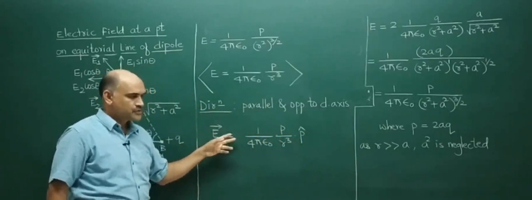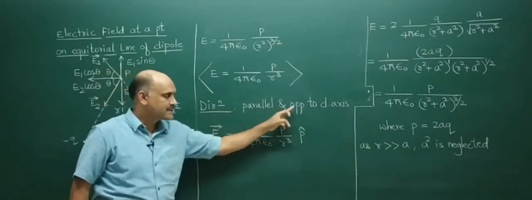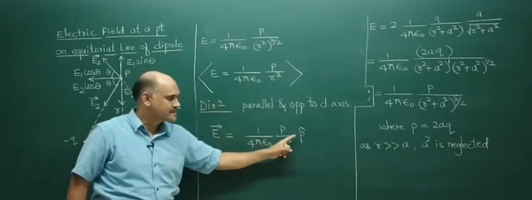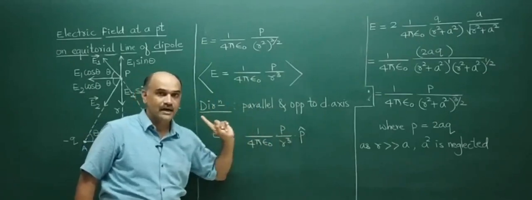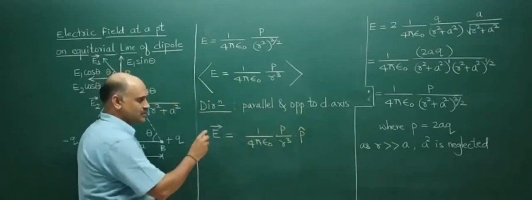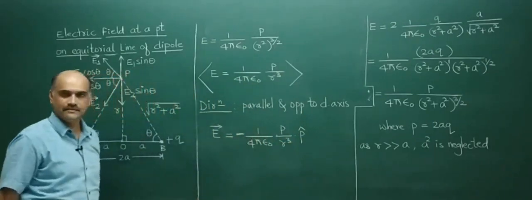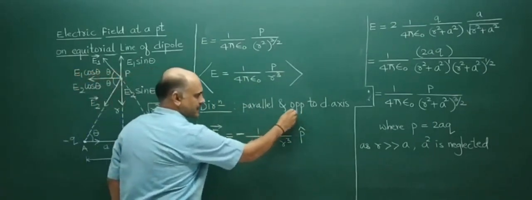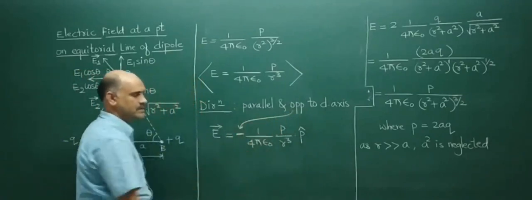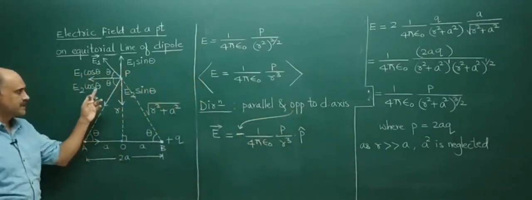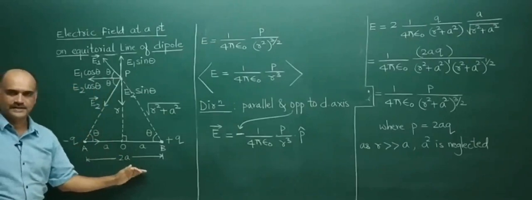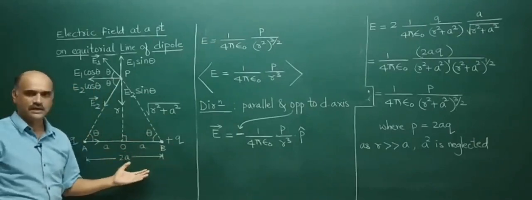Now here you should take care, students. The direction is opposite to the dipole axis while p is along the dipole axis. So here you should write minus. Minus indicates opposite to the dipole axis. So E will be opposite to the dipole axis. So you can pause and note down the